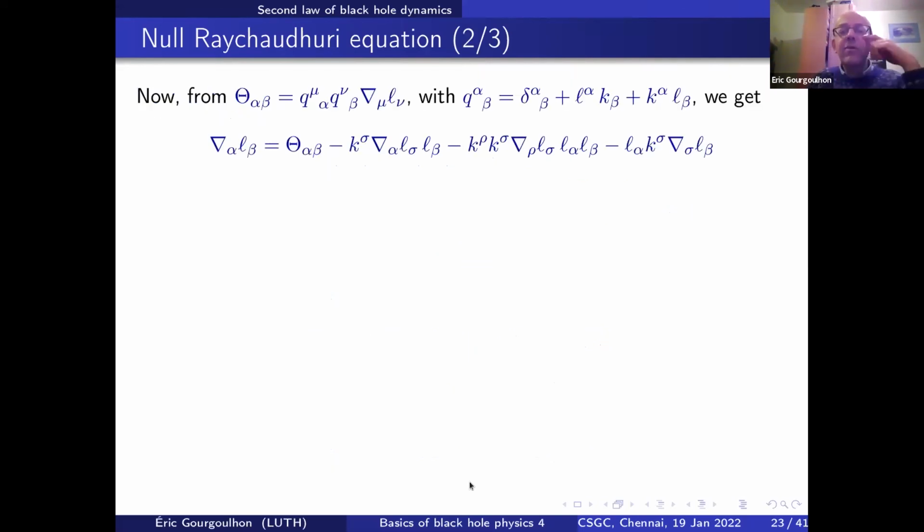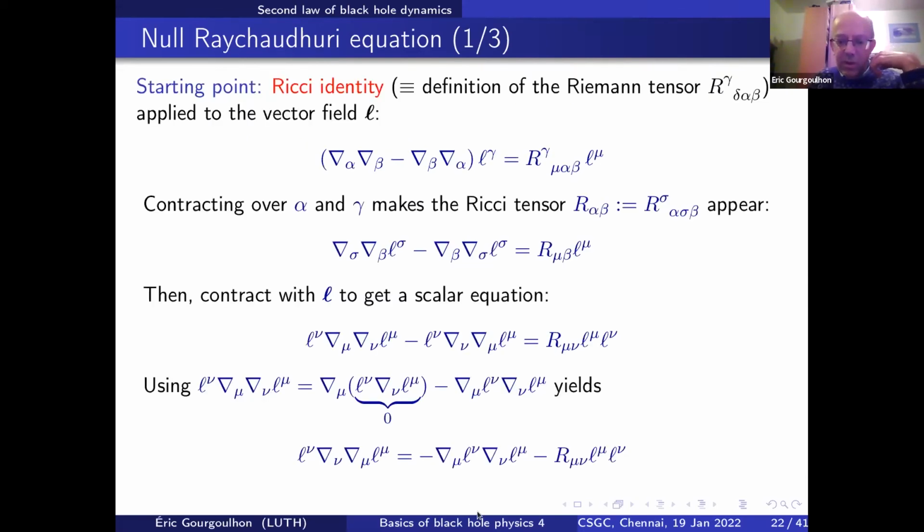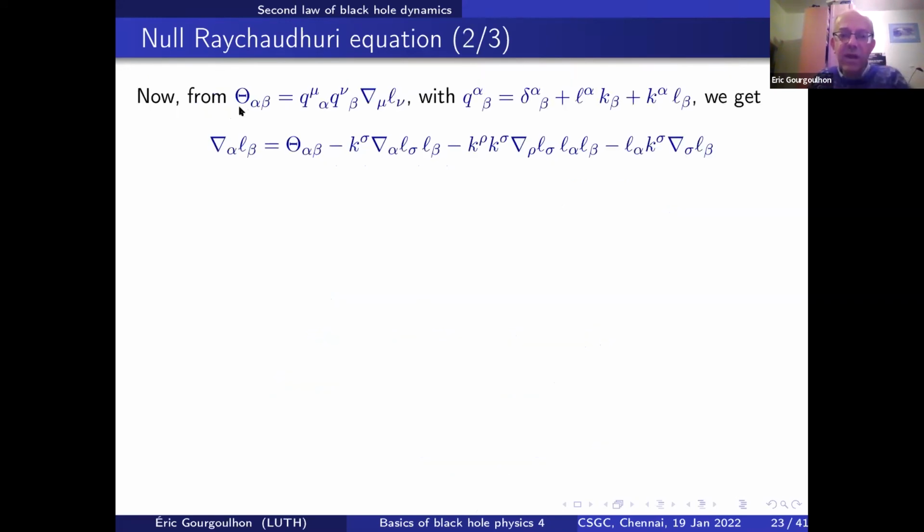Now we will let the deformation tensor appear. So we will replace these terms by terms involving the deformation tensor. We have seen that the deformation tensor of the surface is related to the covariant derivative of L via this formula, where this was the projector operator. So if we plug this into this and expand, we get a relation which is an expression of the covariant derivative of L in terms of the deformation tensor. And then here you have a derivative of L, which is contracted with k. And here you have other terms.